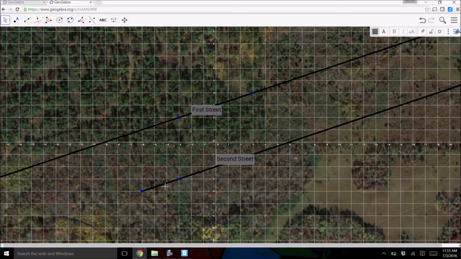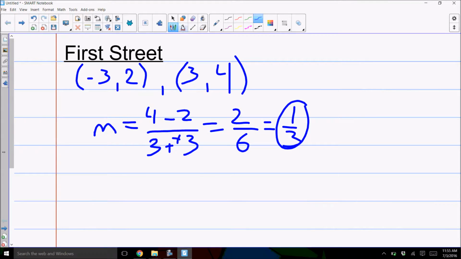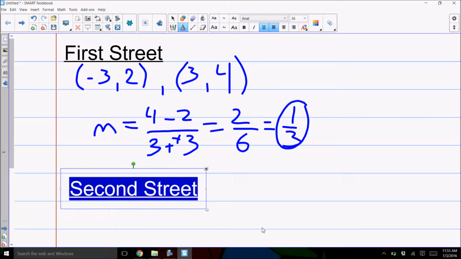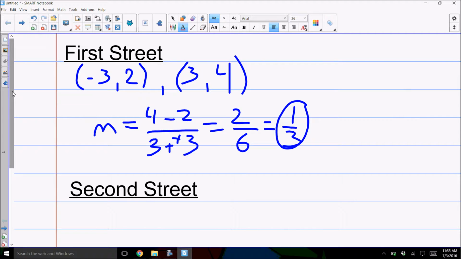So again, we're going to record the information with 2nd Street, that we want to record 2 points that 2nd Street goes through. Here we have -6, -4, and we also have the point -3, -3. And so what we want to do is record on our paper 2nd Street, and we also want to record the 2 points that it goes through. So as we looked at, 2nd Street goes through the points,